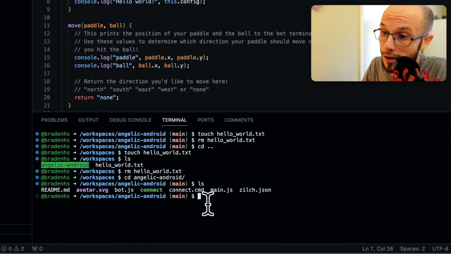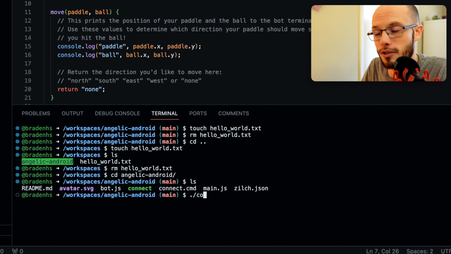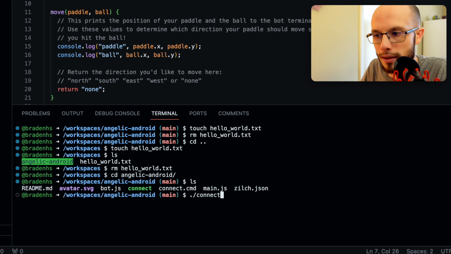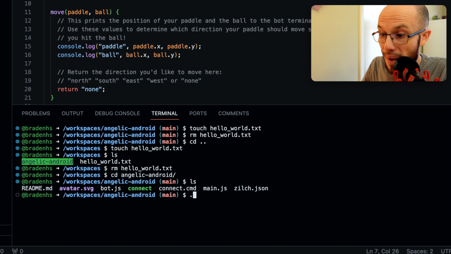Regardless, in order to run a file in the current directory, you do ./ which tells your computer to look in the current directory for what it's going to try to run, and then we can run connect. So side note, if you're on Windows and you're not running in a Codespace, there's a different command you want to run because Windows systems operate a little bit differently than Linux ones, which is what we're using here in our web browser. It's connected to a Linux environment. You would run ./